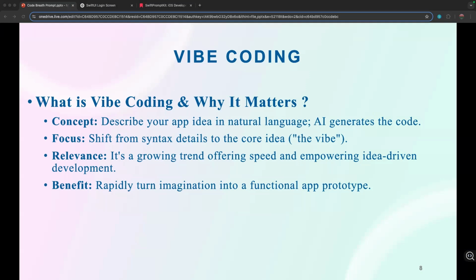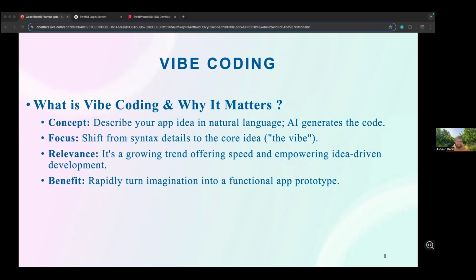It mainly shifts our focus from syntax or any coding language to helping us convert our idea to code. That's why we call it vibe, and it's relevant because it is growing, and it's a speed boost to our project ideas and also